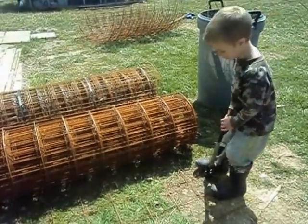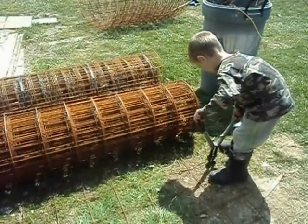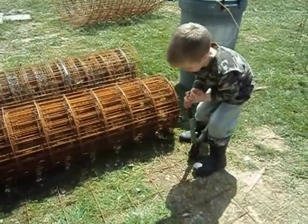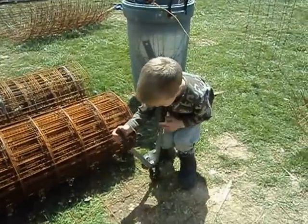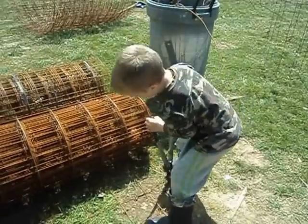Tomato cage. So now we're going to cut the tomato cages. And I'm going to show you the pair that I'm using. See these? Yeah, they're bolt cutters. They're like bolt cutters, you know. And I'm using these for